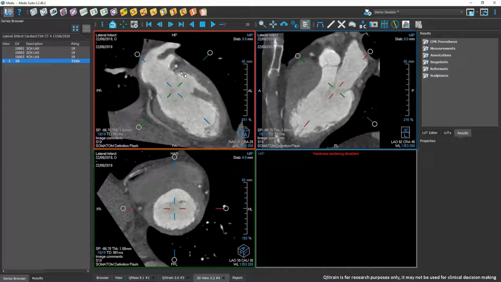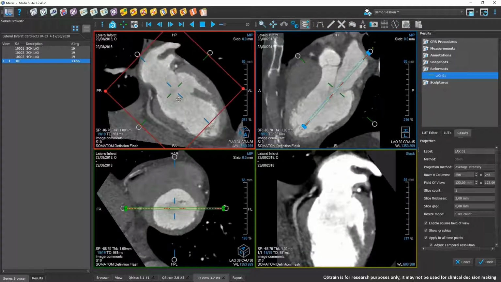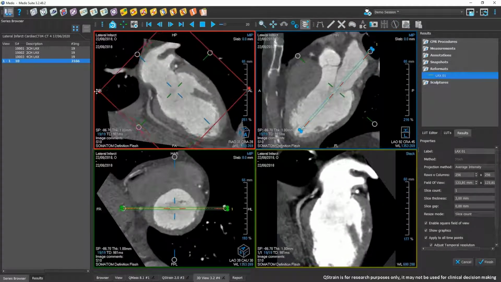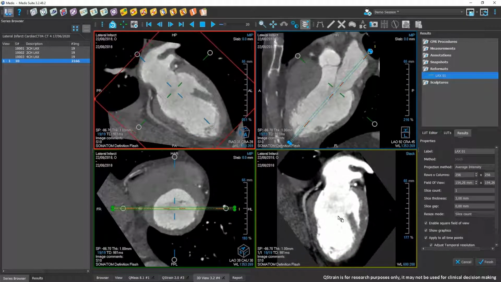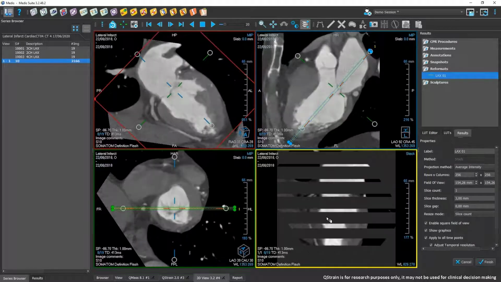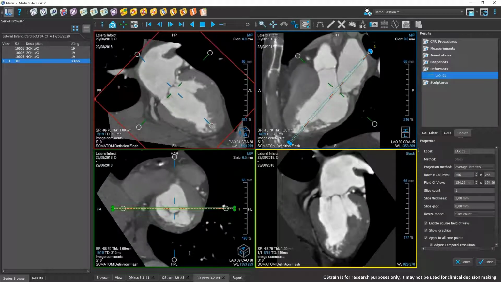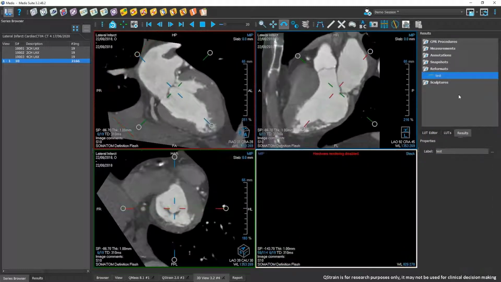Let's say we have a 2-chamber view here. So here I can select it, change a bit the size, something like that. So when you're satisfied, you can give it a name and finish it and store it back. So I already prepared 3 long axis slices like that,